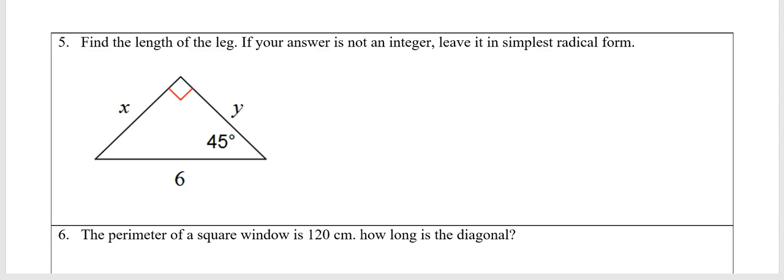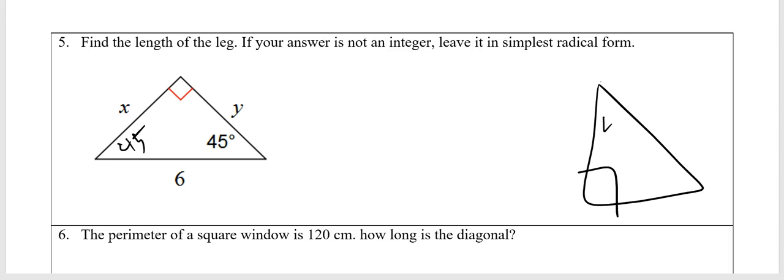Alright, find the length of the leg. If your answer is not an integer, leave it in simplest radical form. So once again, we got a 45, which means this must be 45. So that means we are looking at a 45, 45, 90, which means if I have x, this has to